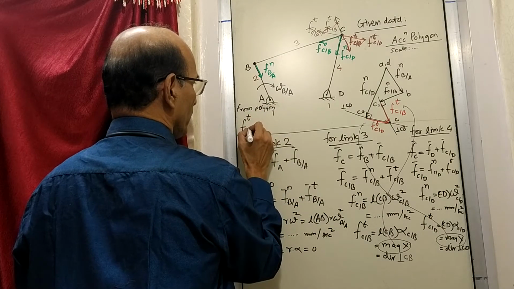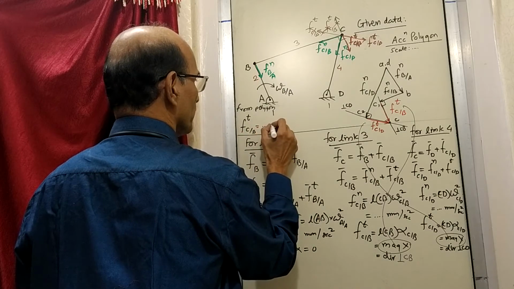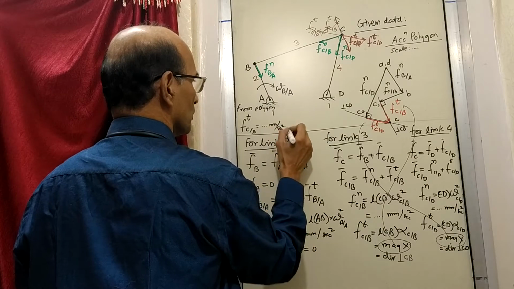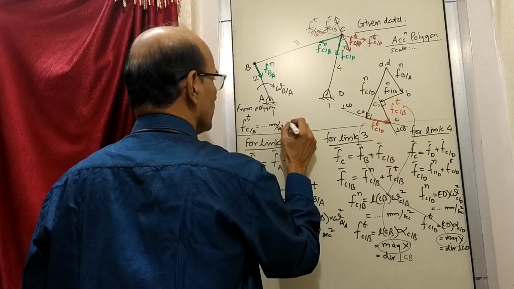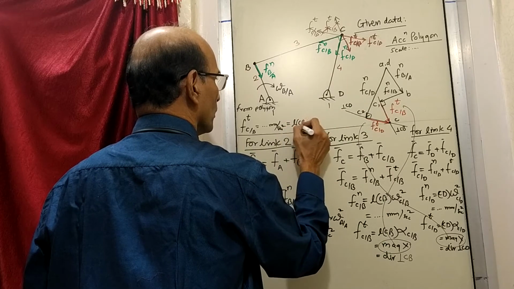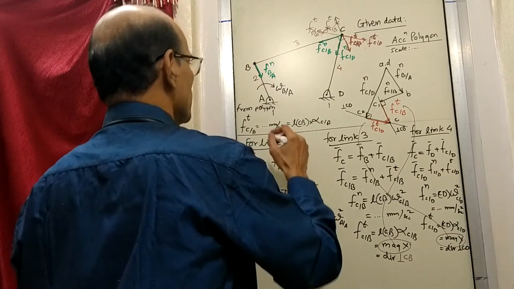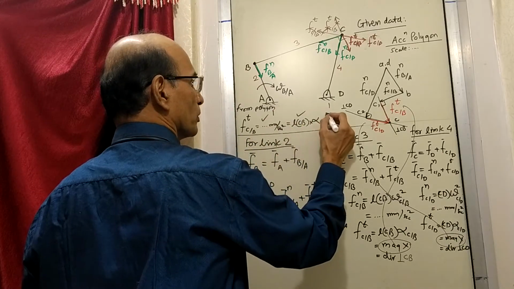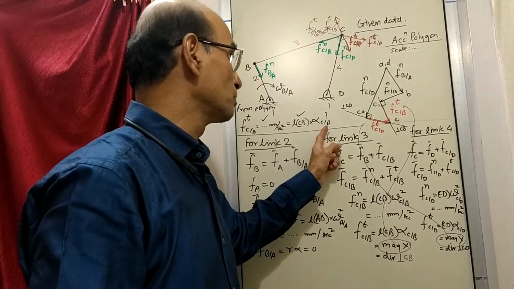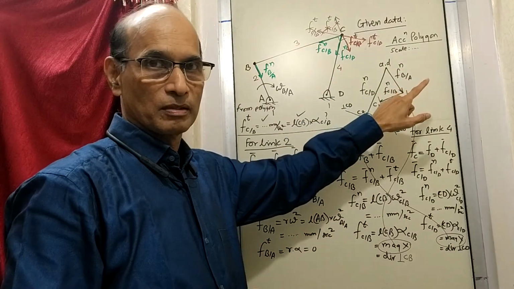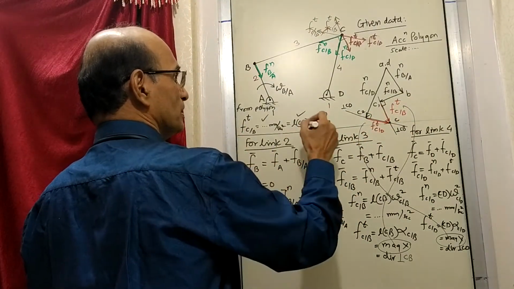From the polygon, f^t of c with respect to b is equal to so-and-so millimeters per second square, which is this, and that is equal to length into alpha. So since this is known and this is known, you can find out the value of angular acceleration of c with respect to b, which was asked. Okay, so we'll find out how much is this. And what is the direction of this?